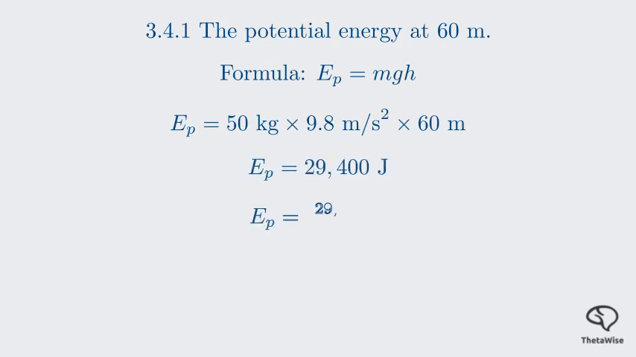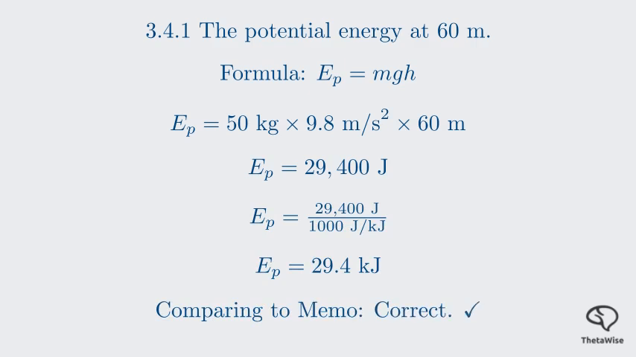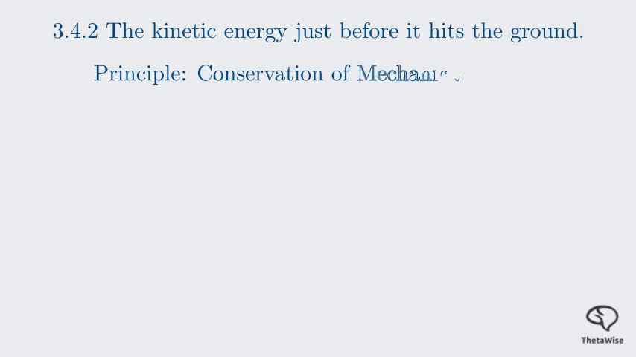To make the number more manageable, we can convert it to kilojoules. Since 1 kilojoule is 1,000 joules, we divide by 1,000 to get 29.4 kilojoules. The marking guideline provides the same result. This is the total mechanical energy of the system, since the object was at rest and had no kinetic energy at this point. Now for part 3.4.2, we need to find the kinetic energy just before the object hits the